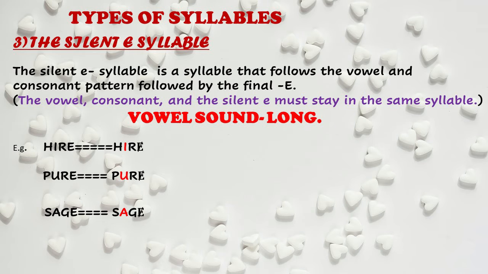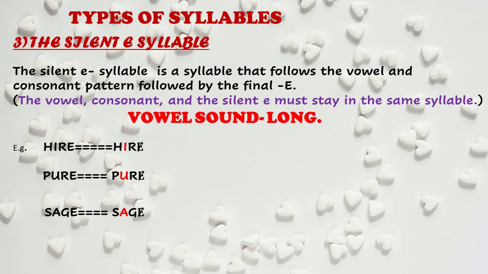Let's look at the word higher. Here the vowel I is followed by an R, which is a consonant immediately followed by an E at the end. Now if you look at this word or these words, they actually have two vowels. But since these words follow the vowel consonant with an E at the end, the E sound remains silent, so it becomes a one syllable word, or you just get to hear one dominant vowel sound. Note that the vowel, consonant, and E should not be broken up. It should be counted as one syllable.